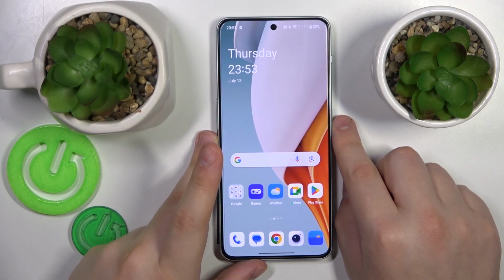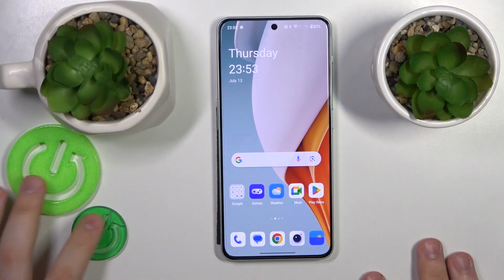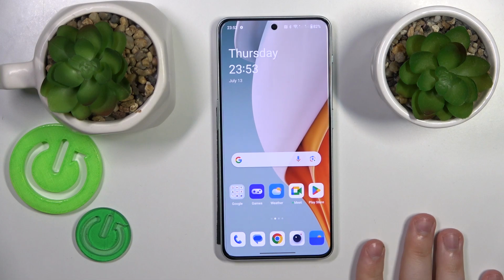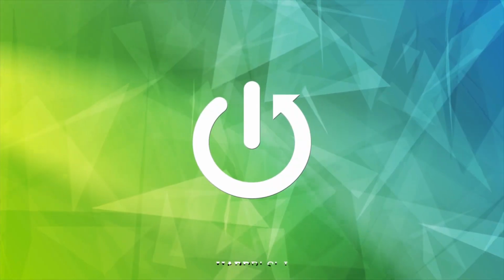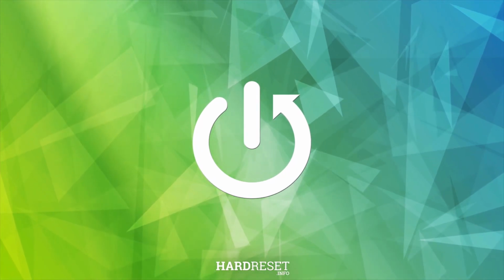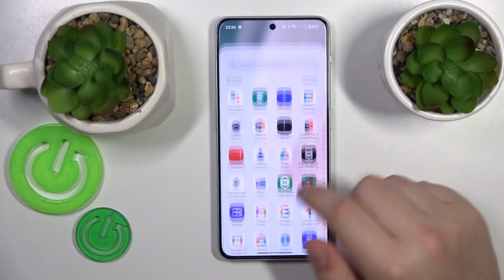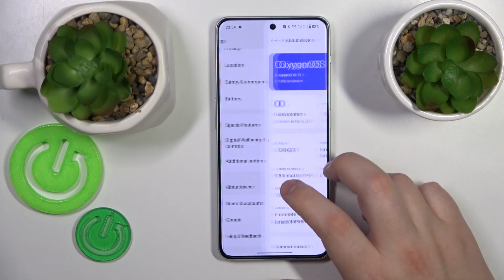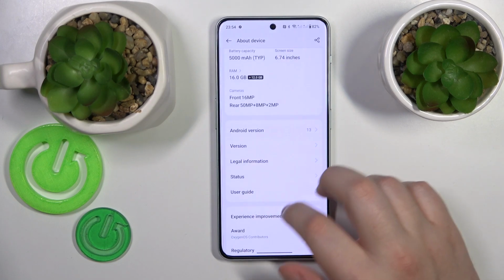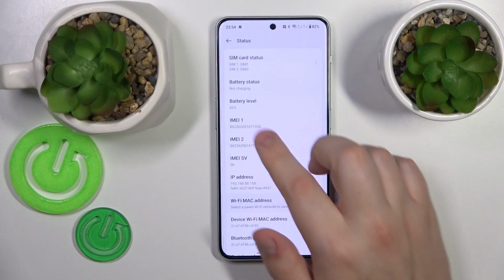This is OnePlus Nord 3, and today I would like to quickly show how you can confirm the device authenticity for this phone. So first step is to launch settings, then enter the about device section, onwards go for the status, find email